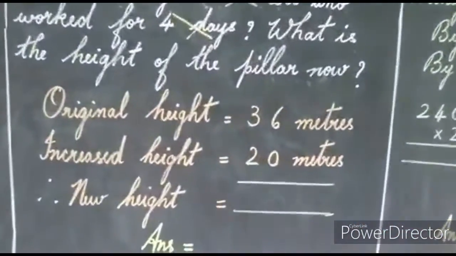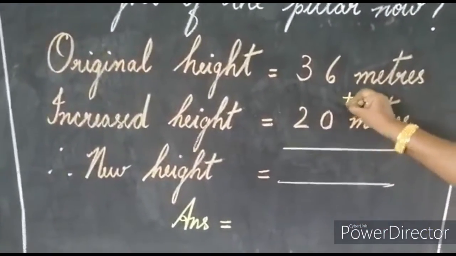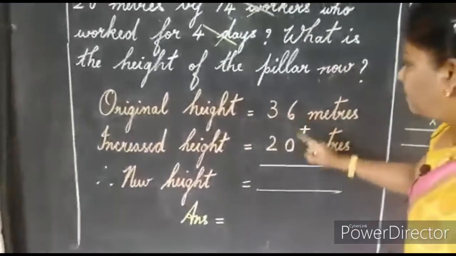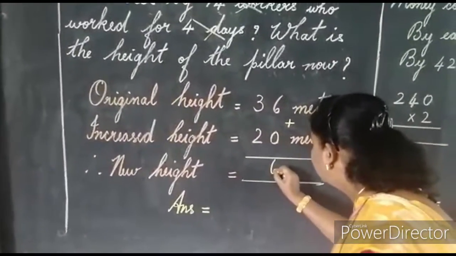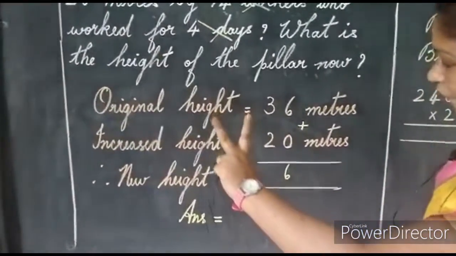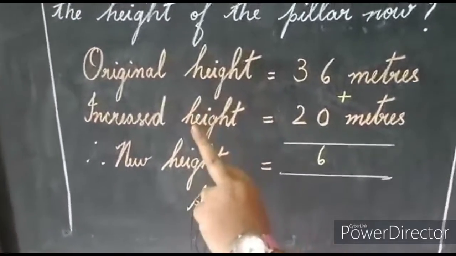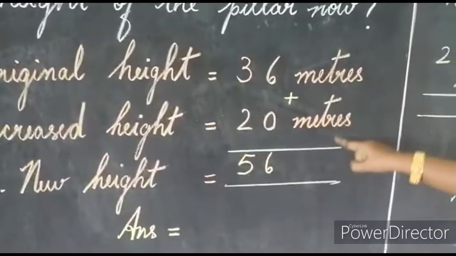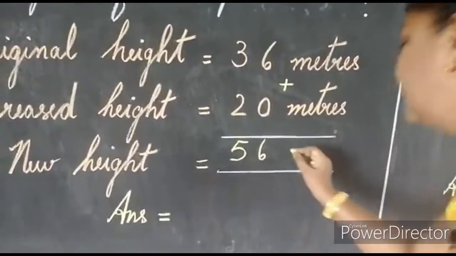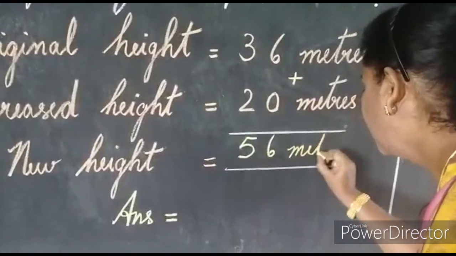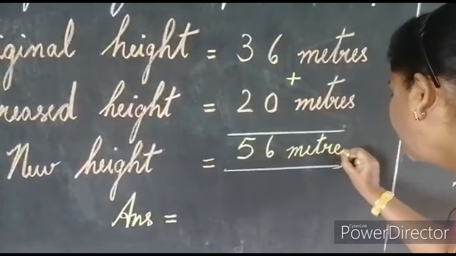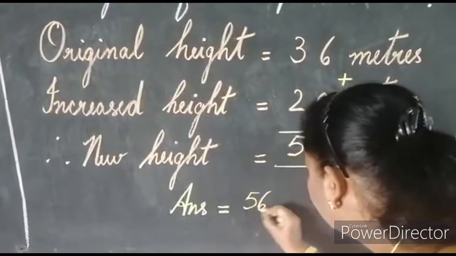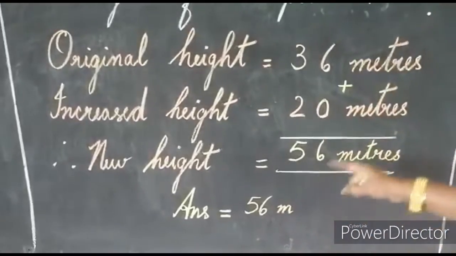Now let's see how to add. Please put the sign. The sign carries marks whether you have identified the problem correctly. 6 plus 0 is 6. 3 in the mind. Take 2 fingers. After 3, 4, 5. Very simple. 56. Unit is again important. Meters. M-E-T-R-E-S. Answer 56 M. Or you can write meters fully.